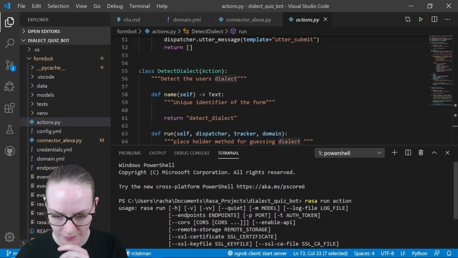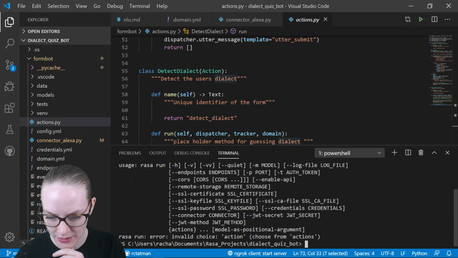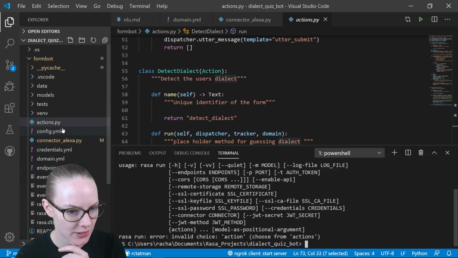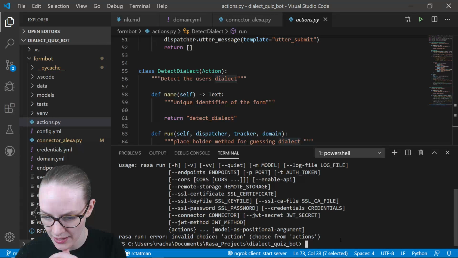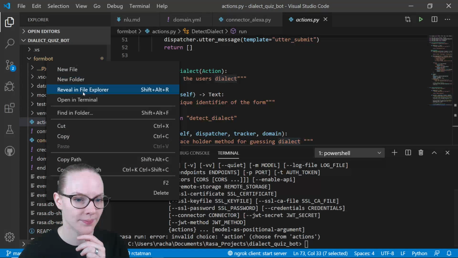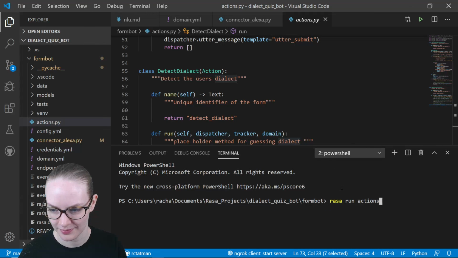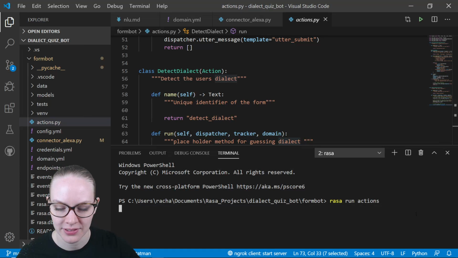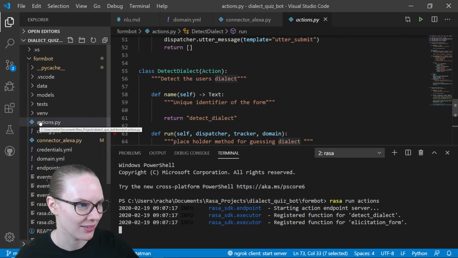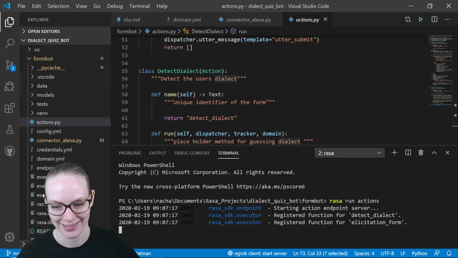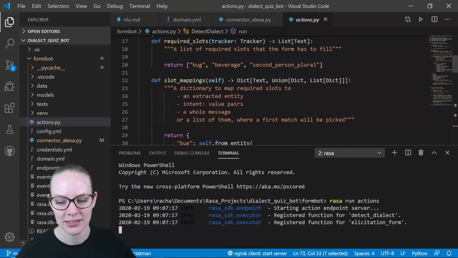Rasa run. Invalid choice actions. Actions.py. Oh, I'm not in the right directory. That'll do it. There we go. Yeah, no, it definitely is actions because the Python file is called actions. Yeah, okay, excellent. So now you can see we have the functions detect dialect and elicitation form as defined in